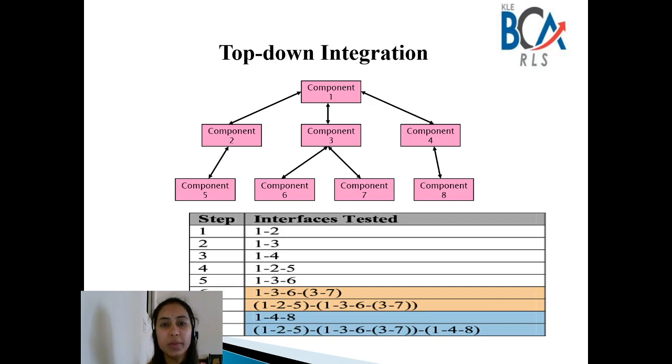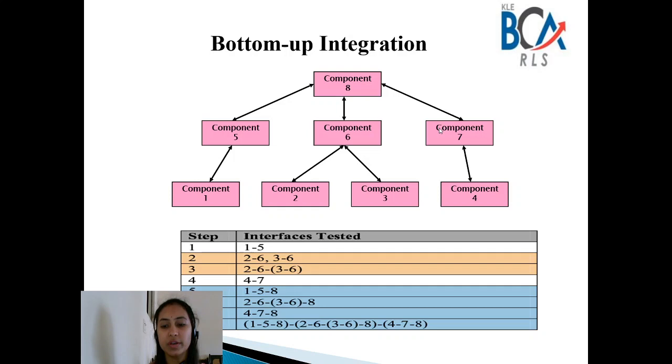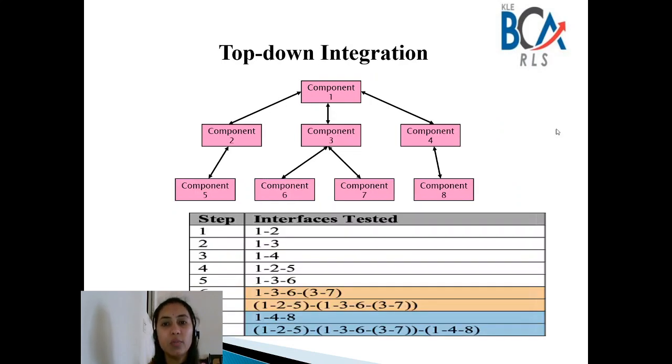So you have so many components in this example. There are 8 components you can see in the diagram. These are interrelated to one another, okay? These can communicate between them, okay? So there are steps and interfaces tested. You can see component 1 to 2 can be tested, okay?